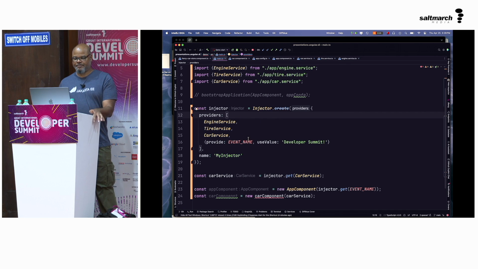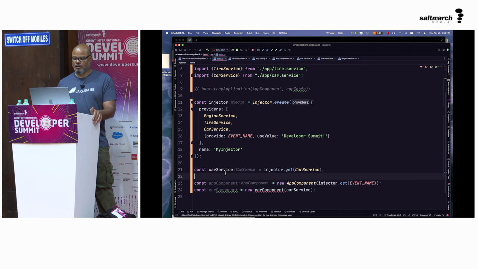But here in this example, I basically created an injector. I'm setting up providers: engine service, tire service, car service, okay? And I am also using that event name that we had before, right? So I'm putting that, and I'm just calling it my injector, okay?